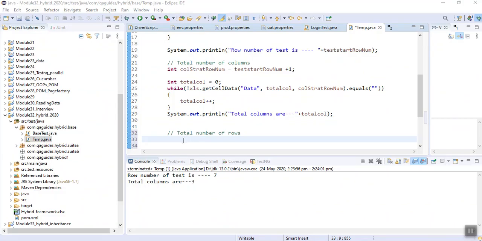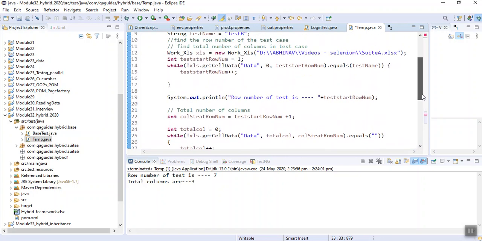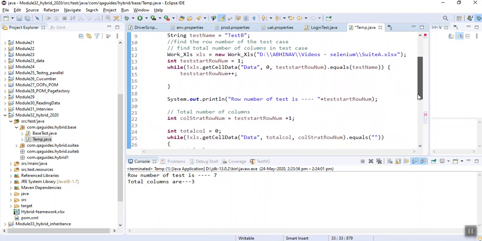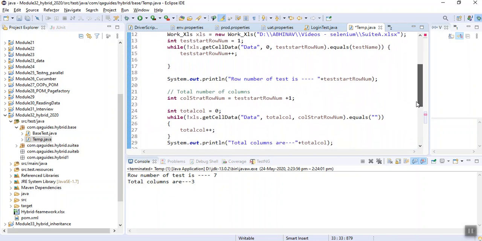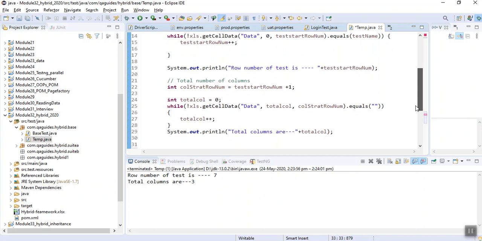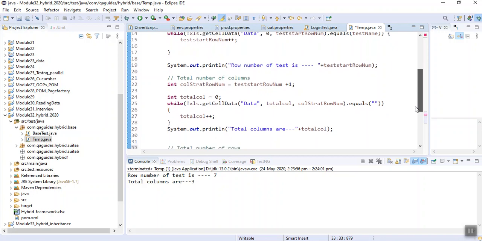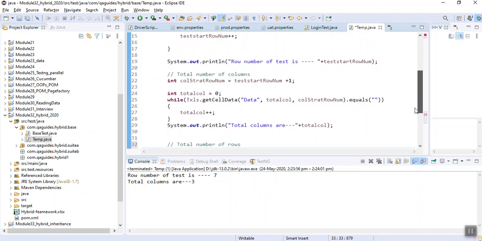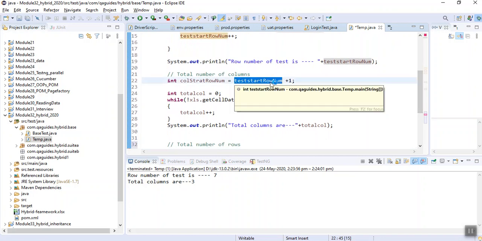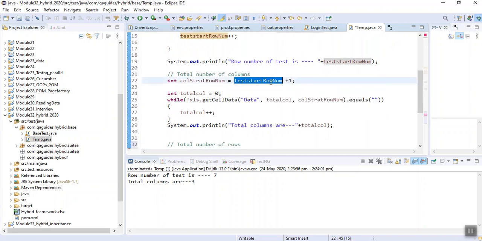So I declare a variable with the name int data start row number is equal to, and from where our data is starting, we declared a variable test start. Yes, it will be test start row number plus 2.